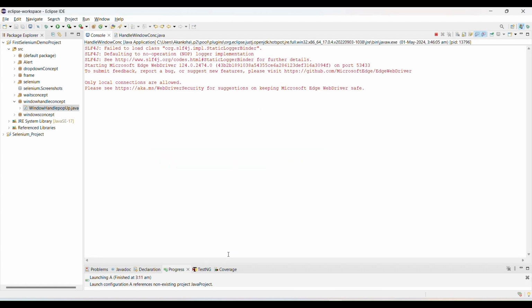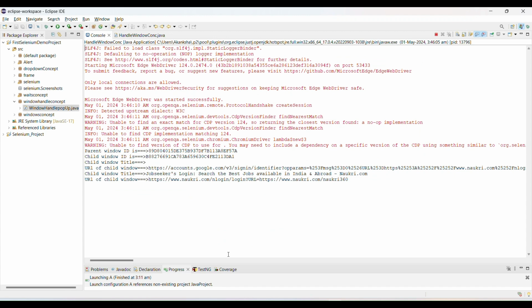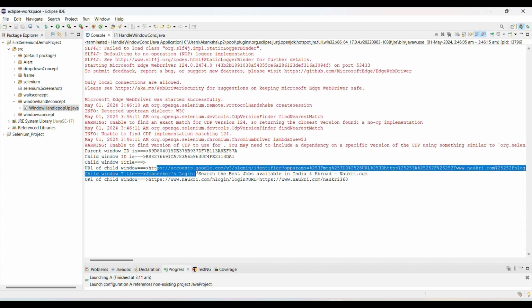Okay, so see, yeah, the browser opened, the website loaded, we clicked on the pop-up. So see, everything is working fine because we got the parent window id, see here. Then we got the second id from the next method, we got the child window id, right? And both ids are different, see. Then we check the title of the child window. There is no title mentioned in the child window, that's why we got a blank value, right? Then we are checking the URL. So we got the URL of the child window, right?